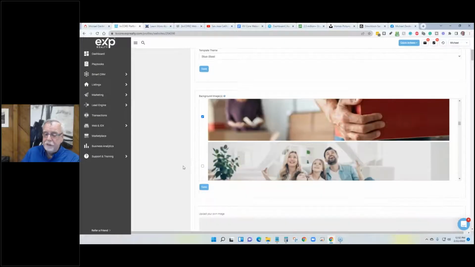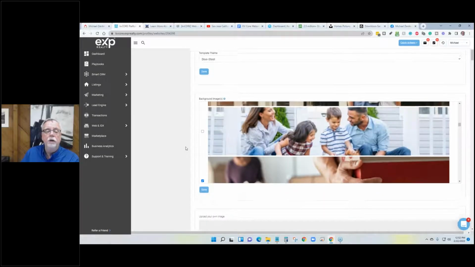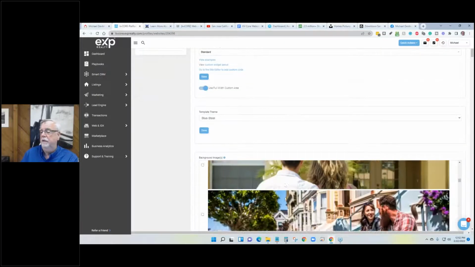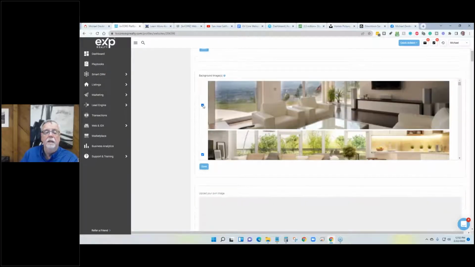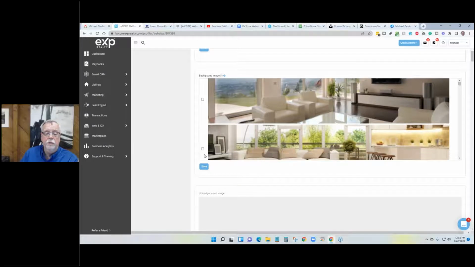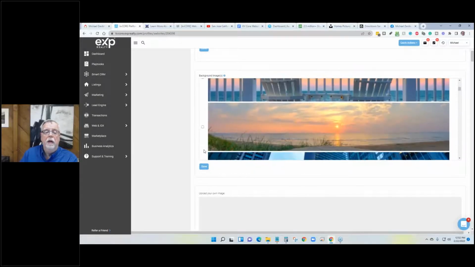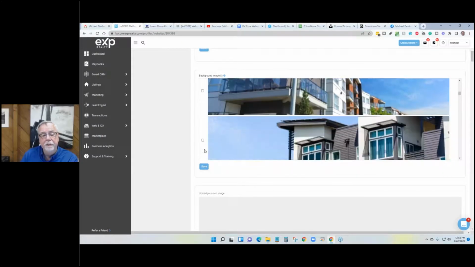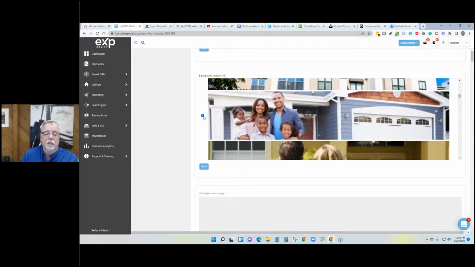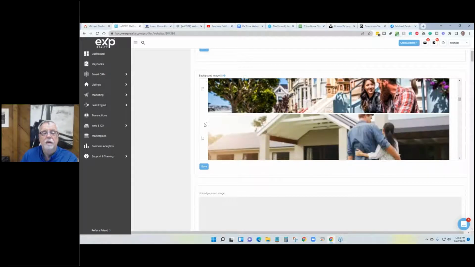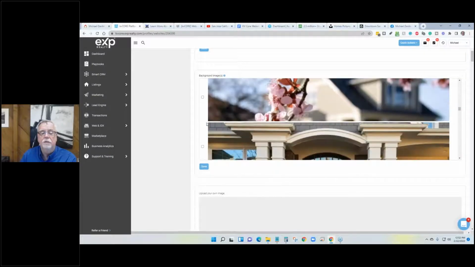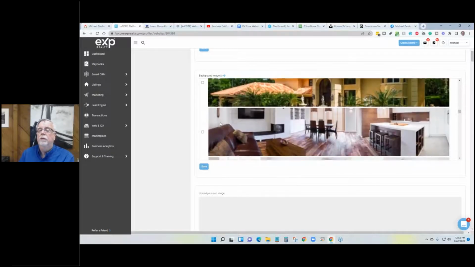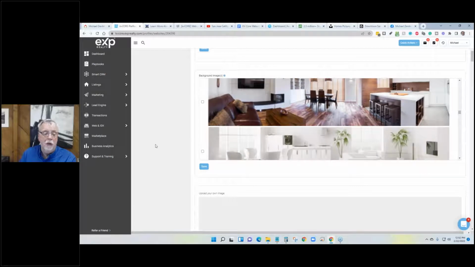All right. Now, let's just say you don't like any of these pictures, right? I've met many people who said, I don't like any of these pictures. And so we're going to go through, and you say, I'm not even near the beach, I don't like the house there, I don't want that. The hand is too big, right? But you can go through and pick out the ones you want, or